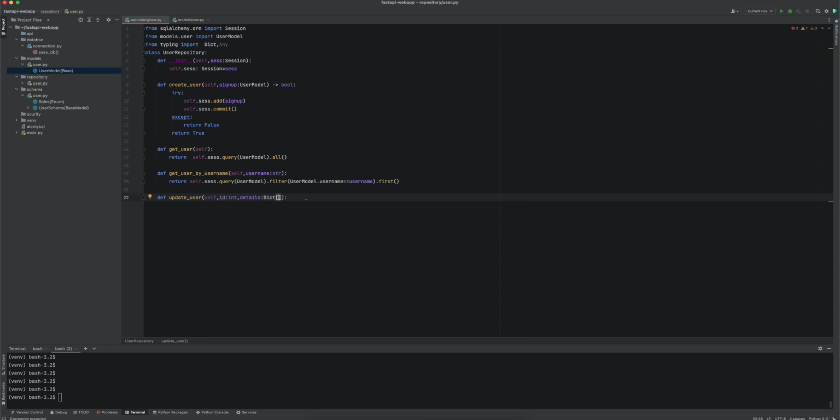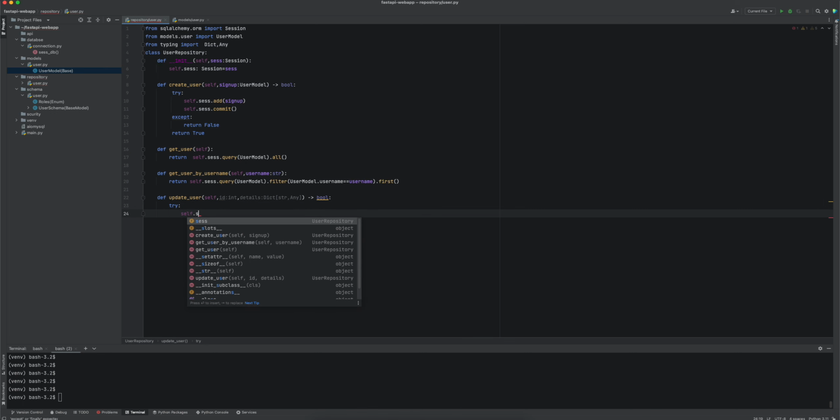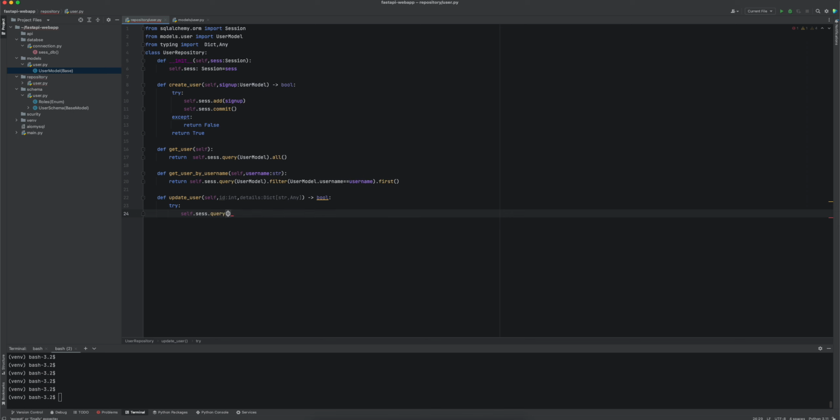Here it's pretty easy to just define any, and we want to return, for example, a boolean, so we can be sure it is true or not true. If we update the user correctly, we can return true. Now again, self.db or session query